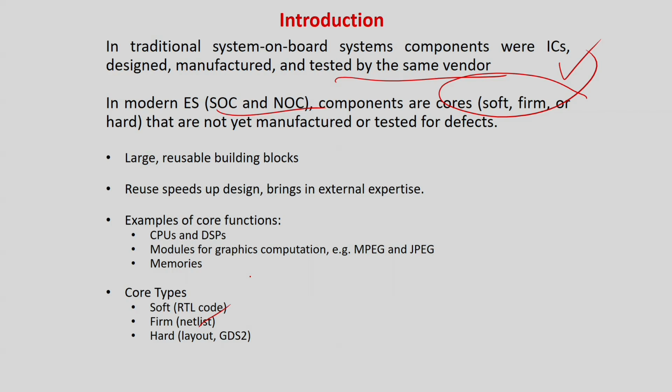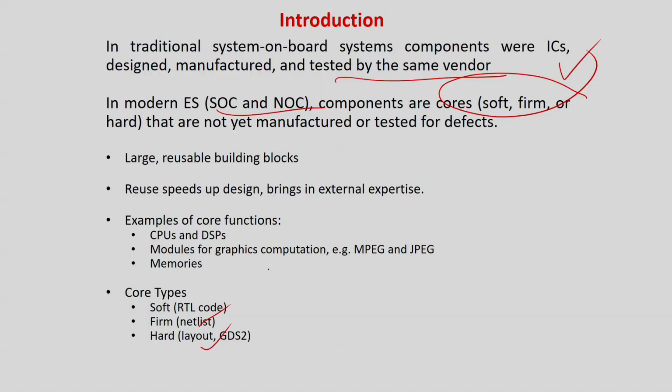There also slight changes can be done, but of course it's something like an exe file is given to you. You do not know much about what exactly is the logic behind it, because the synthesized netlist or gate level design is given to you. Many times you also purchase a hard layout, hardcore. That means only the full layout has been given to you. Very difficult to make any changes, because it is fully in the level of transistor design which is given to you. So generally full secrecy is there, they generally sell as hardcore.